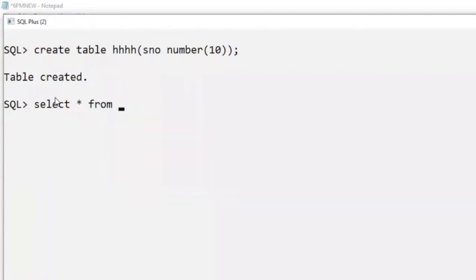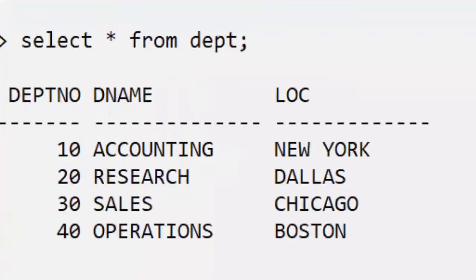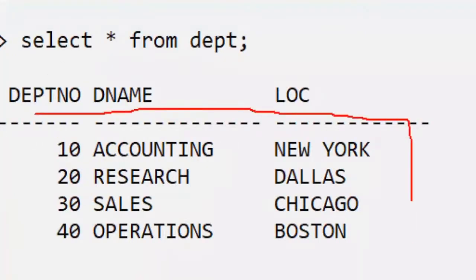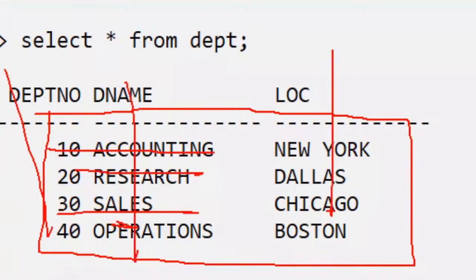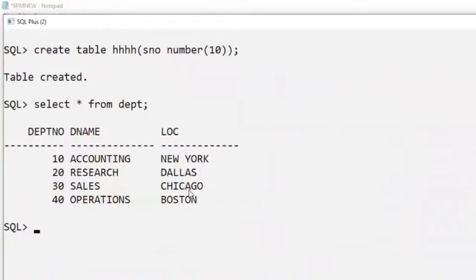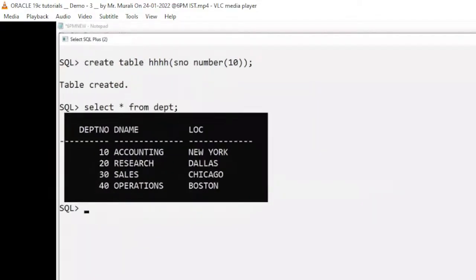That's why, whenever this is a logical structure, data is represented in matrix format, as rows and columns. That's why this is a data model: how data is represented at a logical structure. But from 1970 onwards, data is represented at a logical